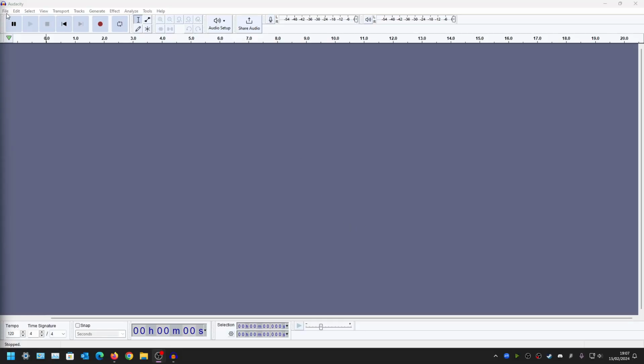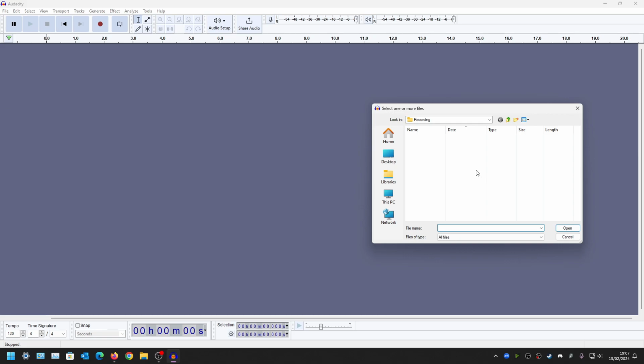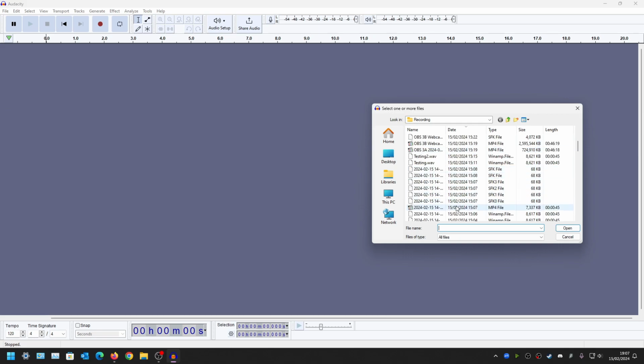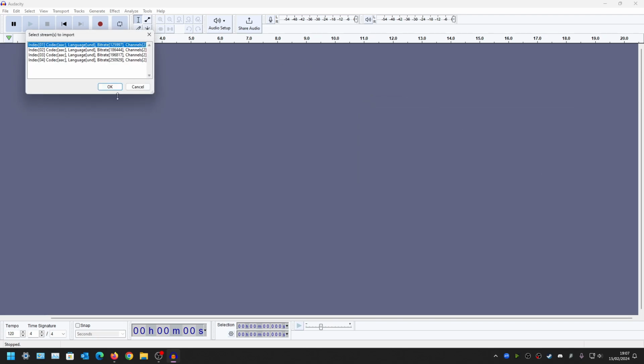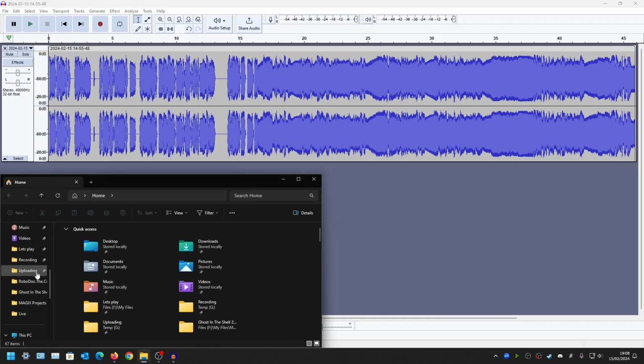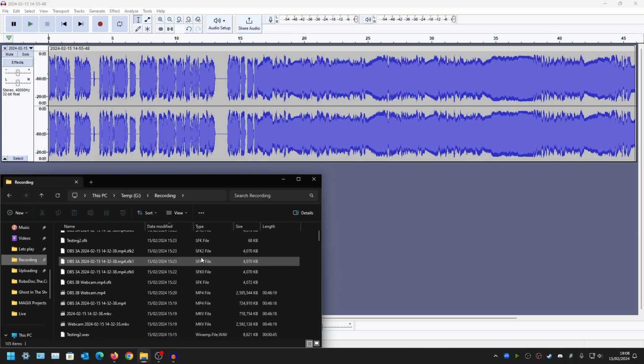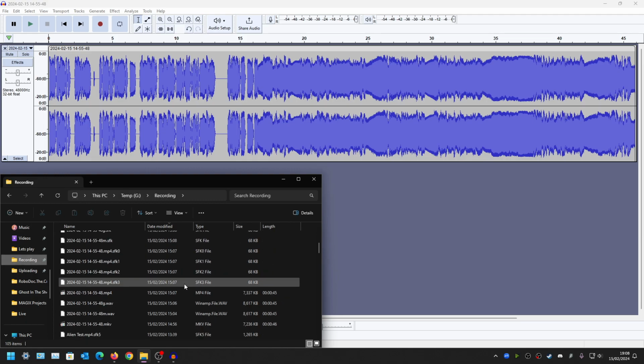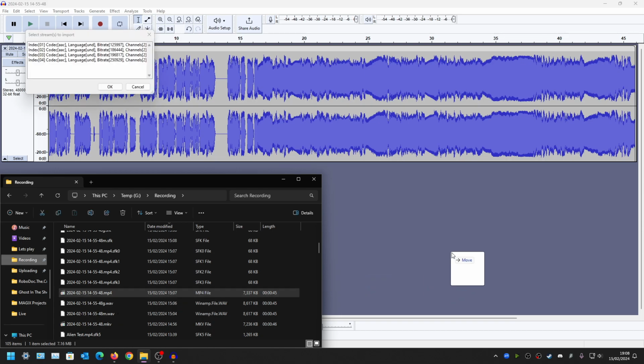So here we are with Audacity. So we're going to have a look at the recording that I made and have a look at the format of the tracks. So first track to import is going to be the track where it has both the microphone and the music simultaneously. Then what I need to do is go over to that file that I created, and I drag it in,